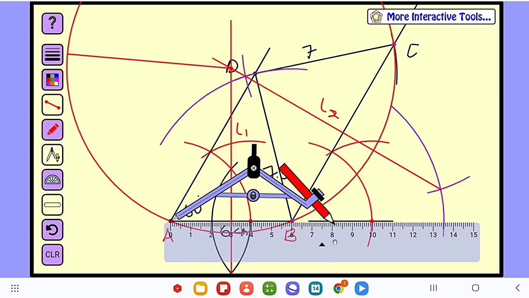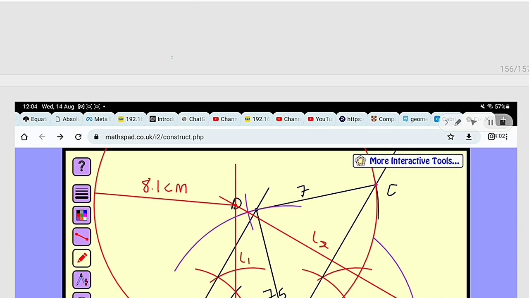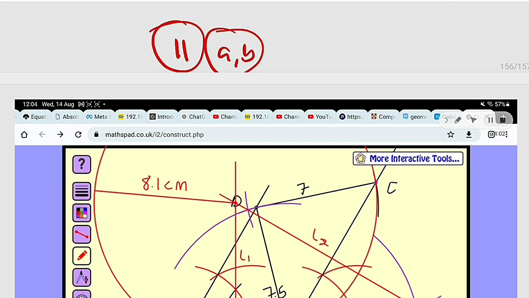You can see that it is approximately 8.1 cm. This is 8.1 cm. So you should know that this is 11A and B. Then the C part,